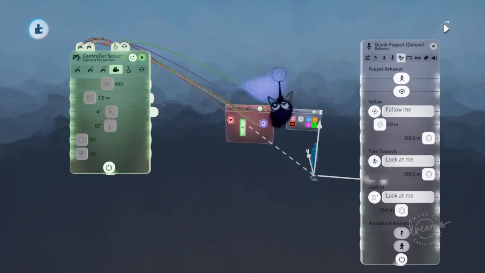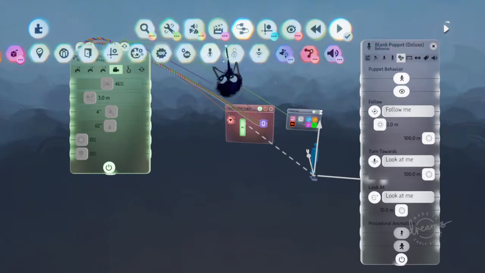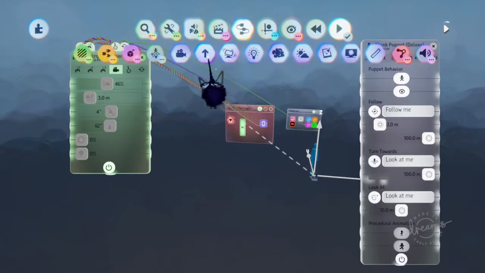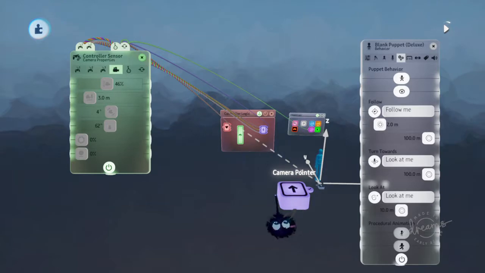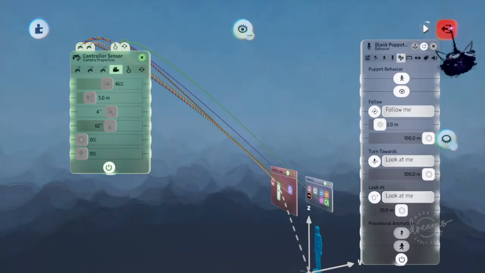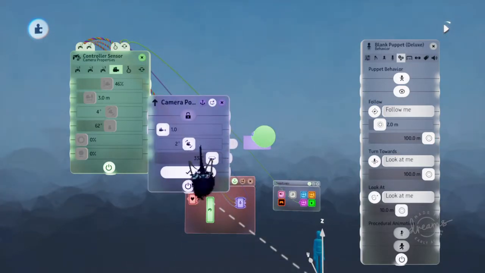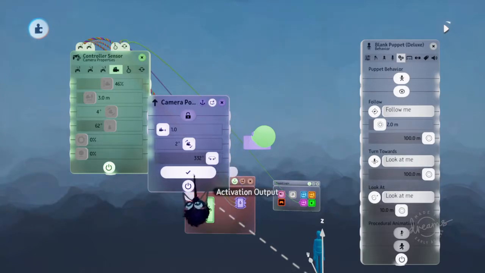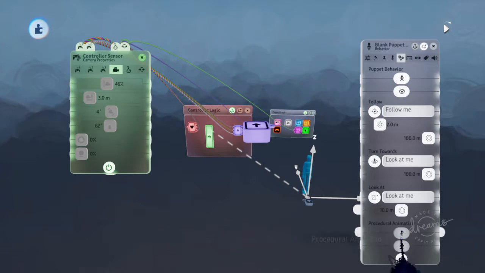So this camera, if you wanted to make it to where a camera is pointing to, will only move in one direction, you use the camera pointer. And the camera pointer is pretty much these options, also in combination with the options that are inside of the camera pointer. So that's pretty much what this is for, and pretty much